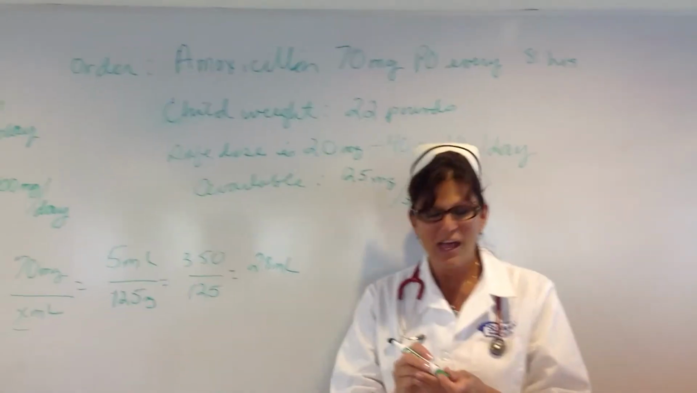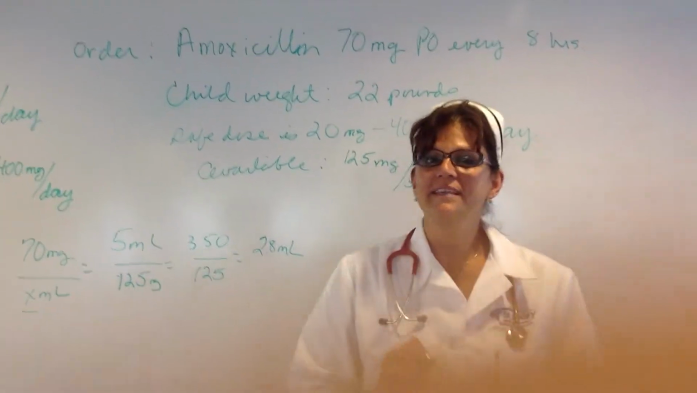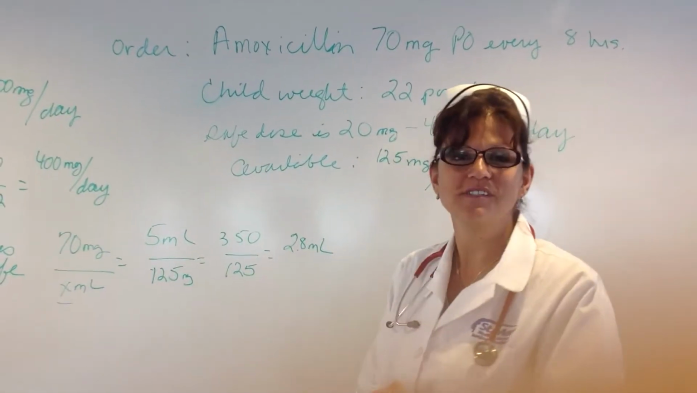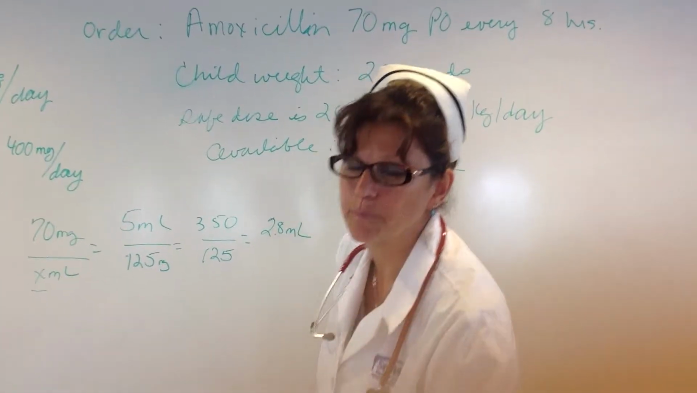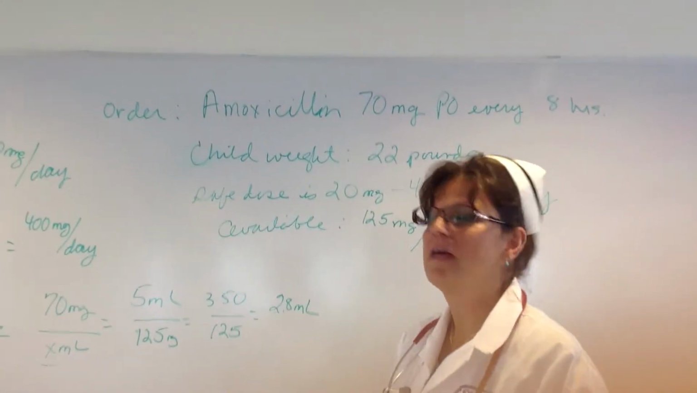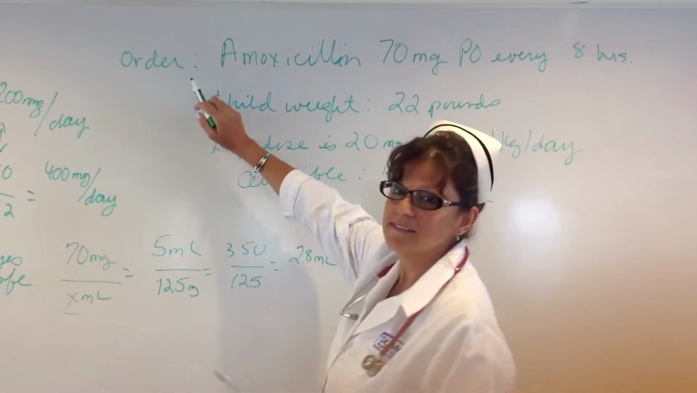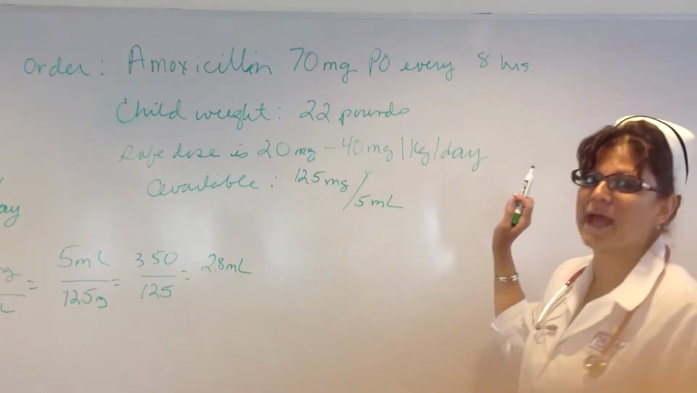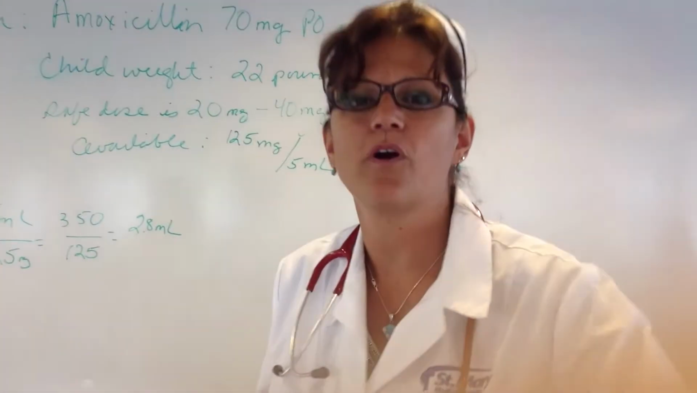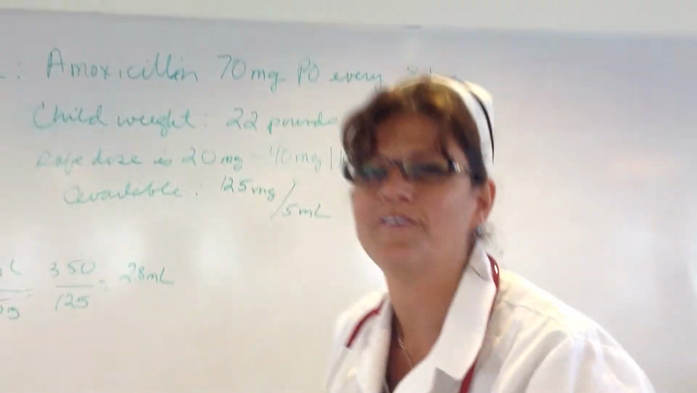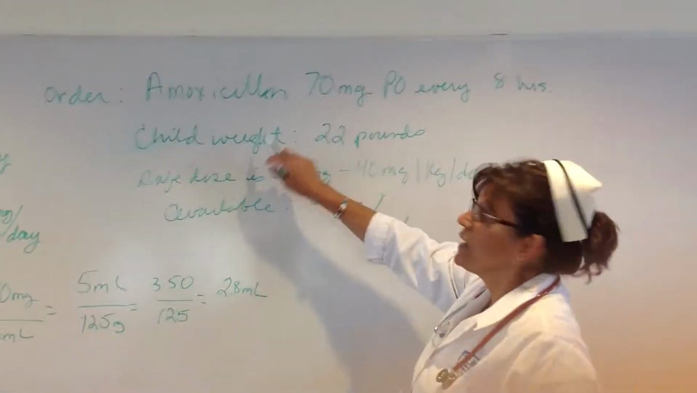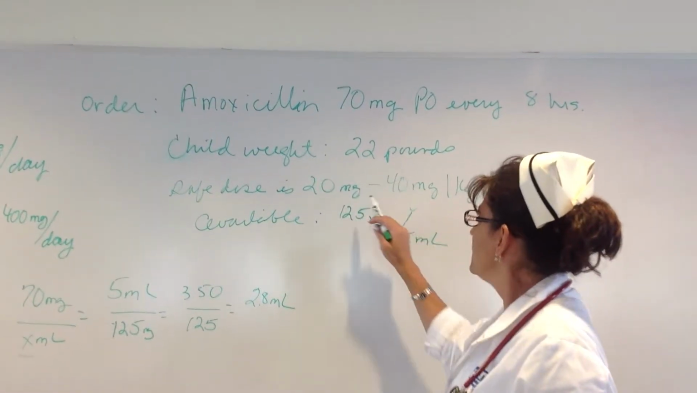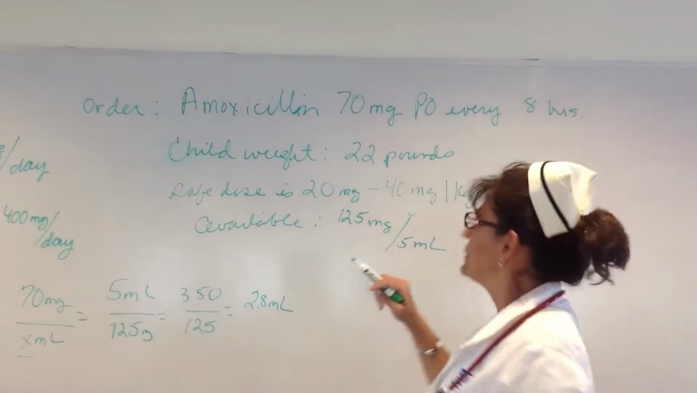How are you? Let's try the DA method for amoxicillin. This is the first question on your problem sheet. The order is amoxicillin 70 milligrams PO every 8 hours. I just want to make sure Dr. McGarty's not putting her hand over that. There we go. The child's weight was 22 pounds, and the safe dose is 20 milligrams to 40 milligrams per